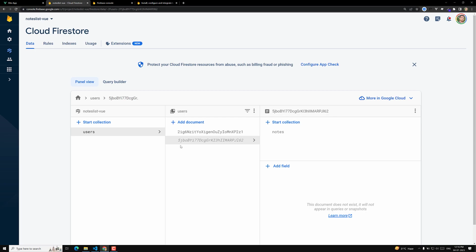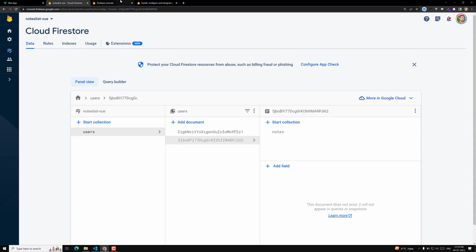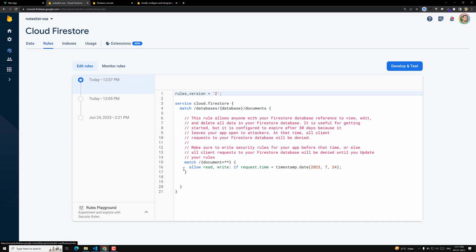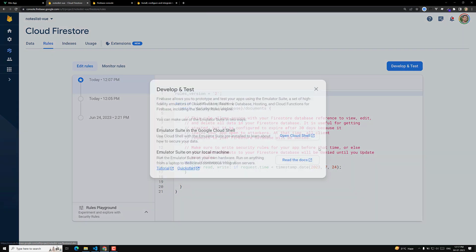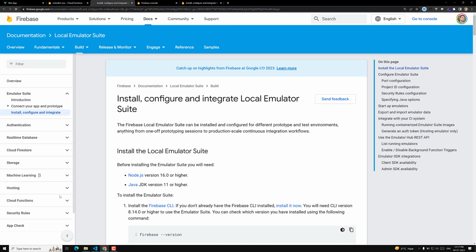In order to make this work, let's open this Vite app. In this app, let's go into our Firebase and go to the rules. This rule we have already discussed. If you want to know more about these rules, you can click on Develop and Test, and here you can read the documentation. If you click on Read Documentation, at the bottom you will be able to see the